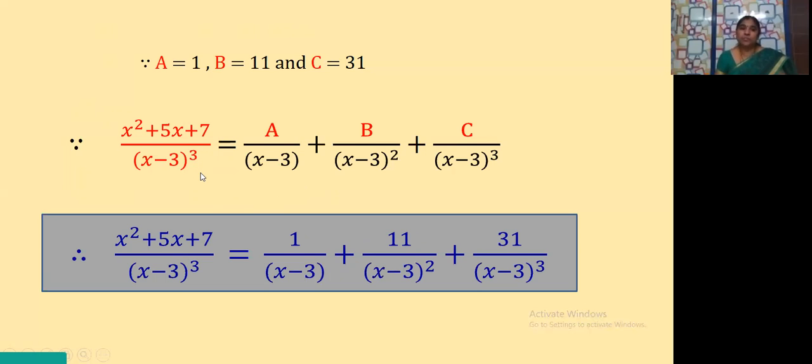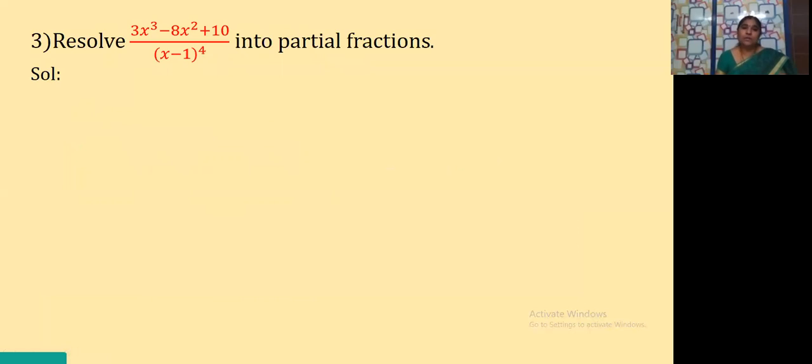So that is one method. And what is the other method? When there are no sufficient linear factors in our sum to find the values of the constants, what is the other method to do? We have to equate the coefficients of the like terms on both sides. Is it clear, children? So let us see another sum.